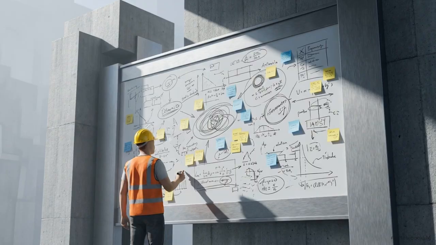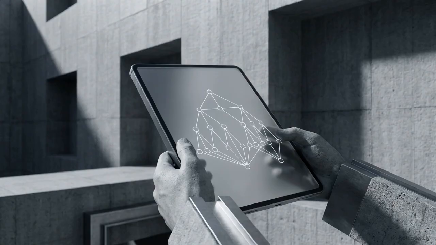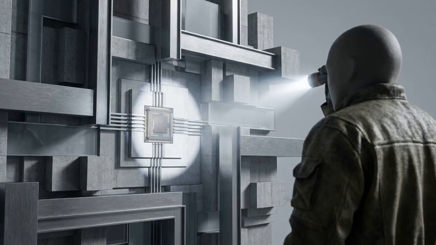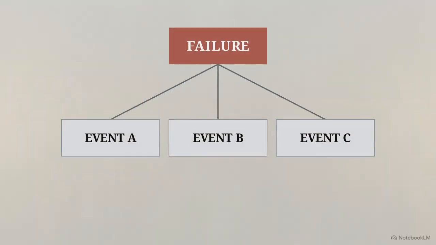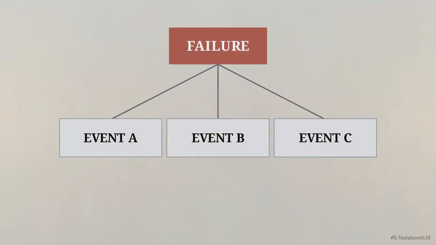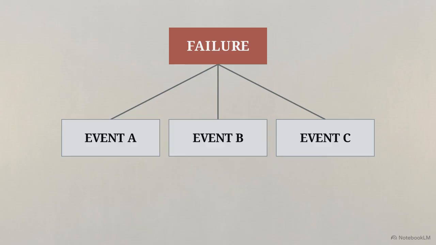Without a rigorous, structured framework, troubleshooting in high-stakes industries relies heavily on intuition and guesswork. FTA replaces that guesswork with concrete, mathematically traceable evidence. The primary objective here is systematic discovery. An FTA maps out every possible root cause of a problem and visualizes exactly how different operational events interact to